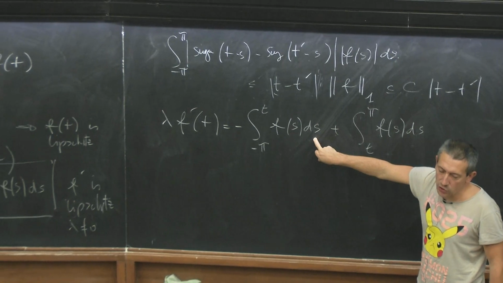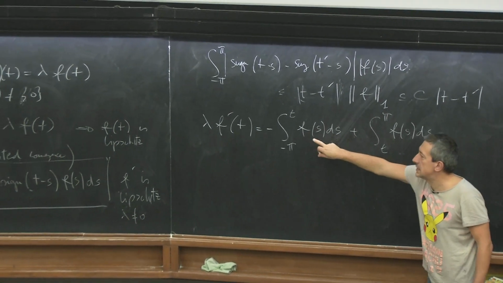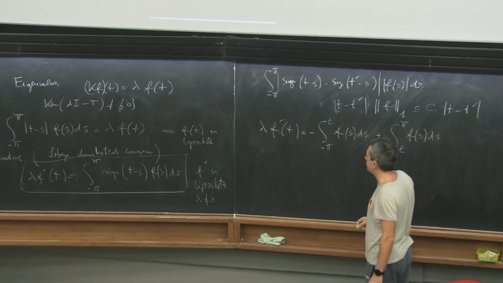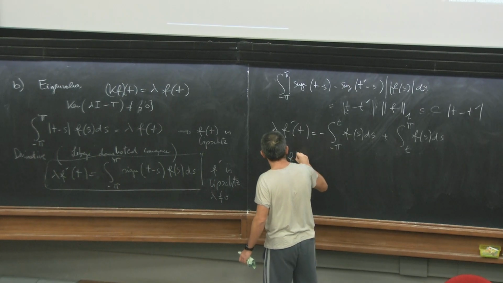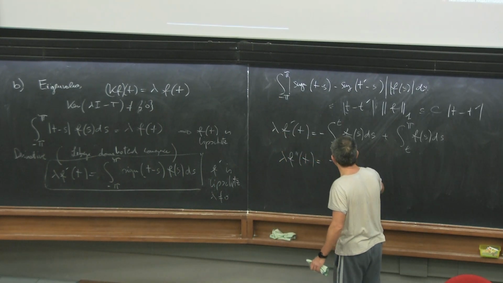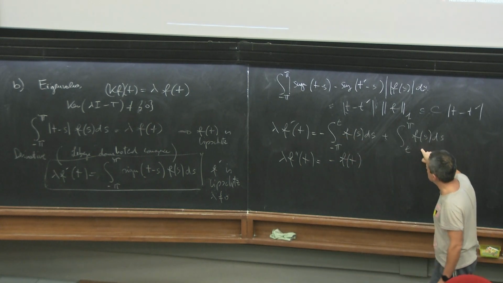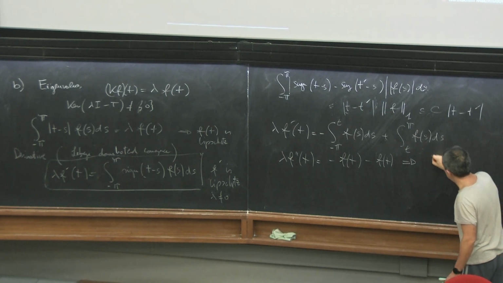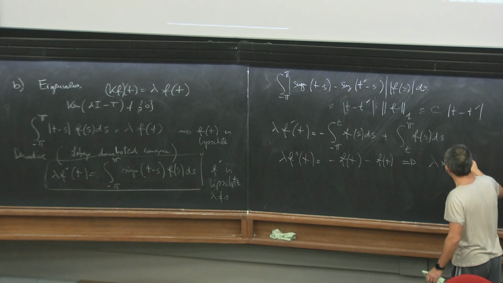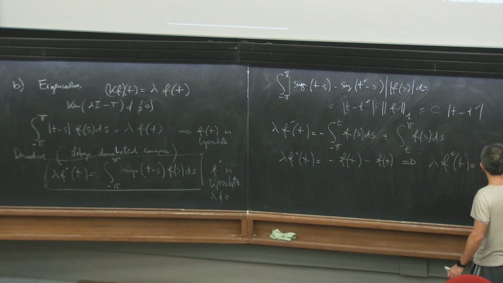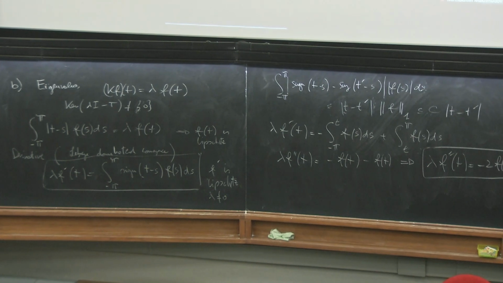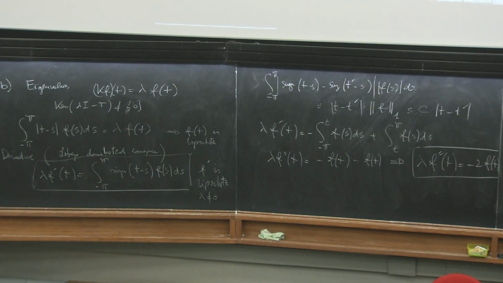Now, you know the fundamental theorem of calculus, no? This guy is continuous, this guy is continuous, so the derivative of this guy is what? Is minus f of t. And the derivative of this guy is again minus f of t. So finally, I discovered the following thing. Lambda should satisfy